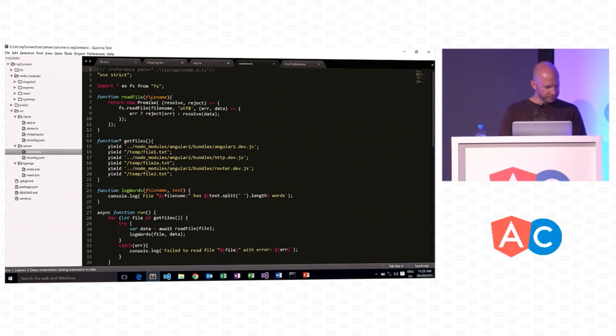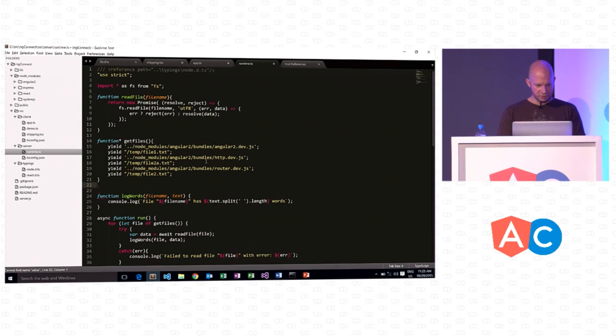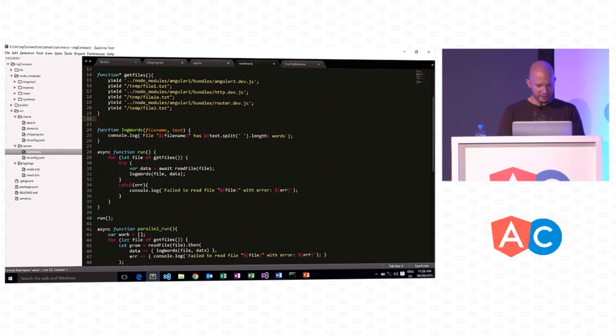So if I look in here, I'm going to whip through this because I'm nearly out of time. You can see I'm using generators. I've got a function star. I can get IntelliSense off that. If I say var iterator equals getFiles, that's going to have a next method, which I can then get the value off, and it knows it's a string. Typically, you would do that using a for of loop, like we've done here,